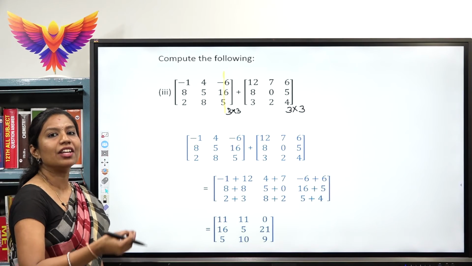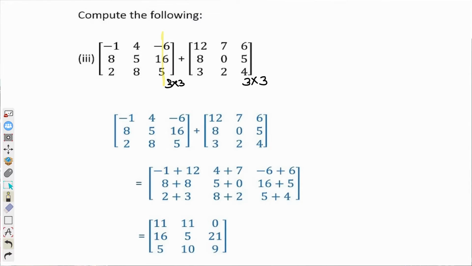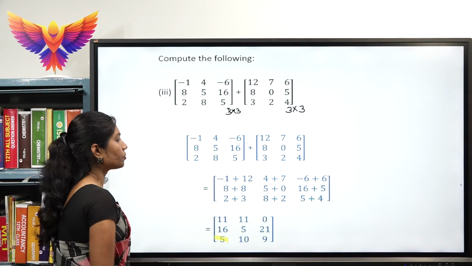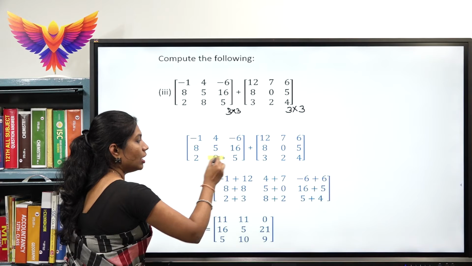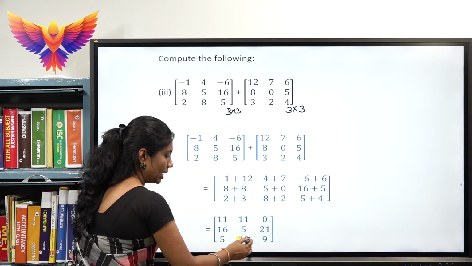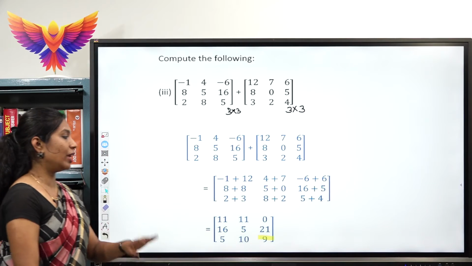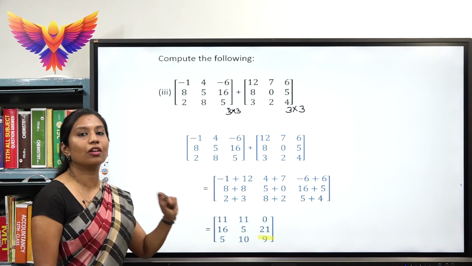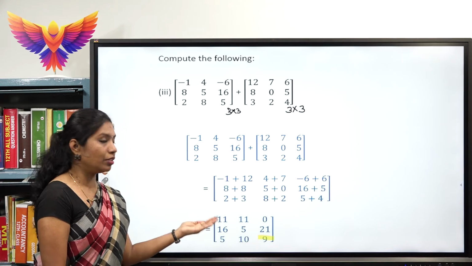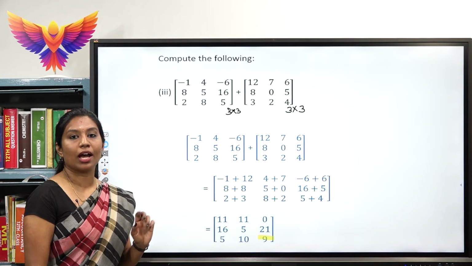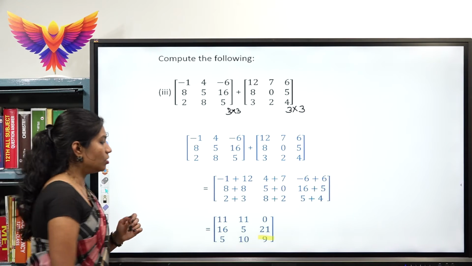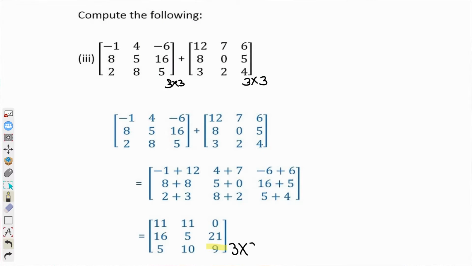Now, normal addition of the matrices, that is each and every corresponding element needs to be added here. So, how do I do that? First element of the third row, the same way, we have 8 plus 2 which will give me 10 and 5 plus 4 which is 9. So, ultimately we can see that we are ending up with a 3 cross 3 matrix itself. Here we have 3 rows and 3 columns. The given matrix also had 3 rows and 3 columns. So, when I add the matrices, I will be ending up with the same order as the given matrices.